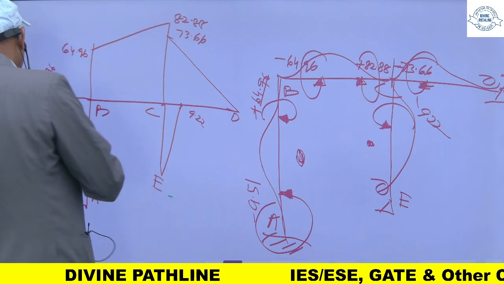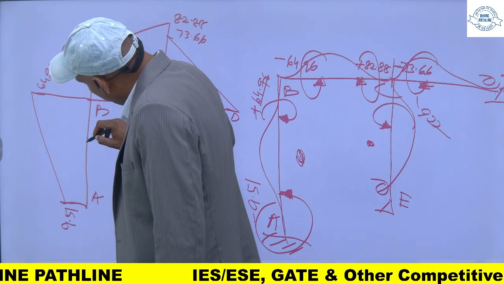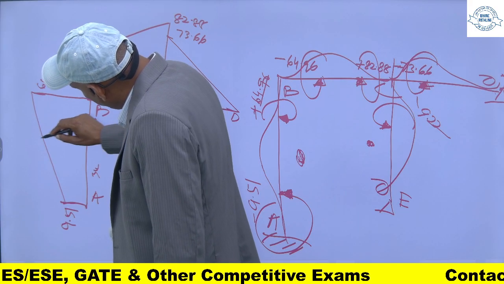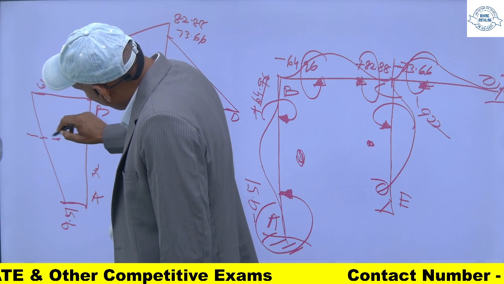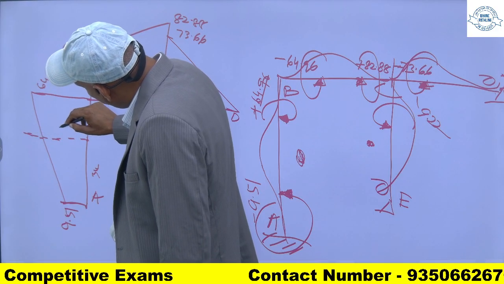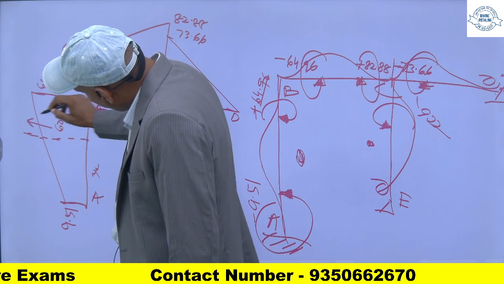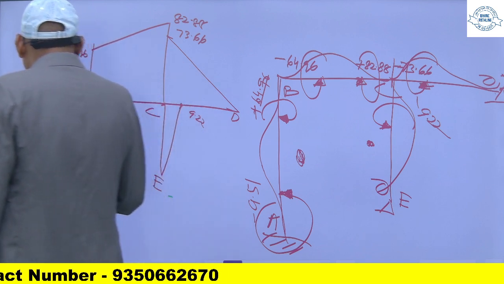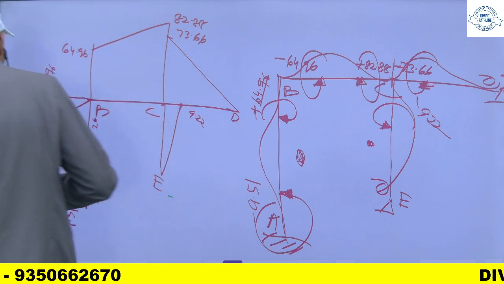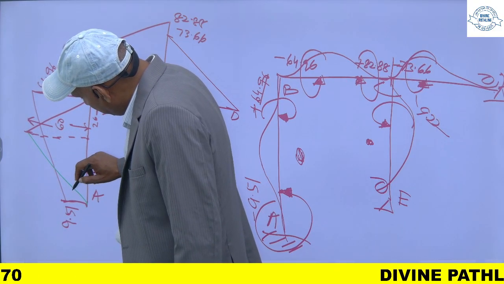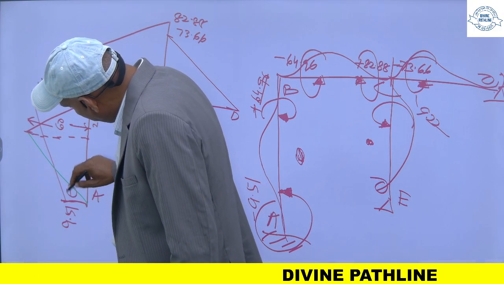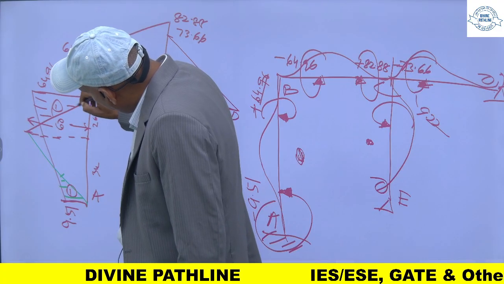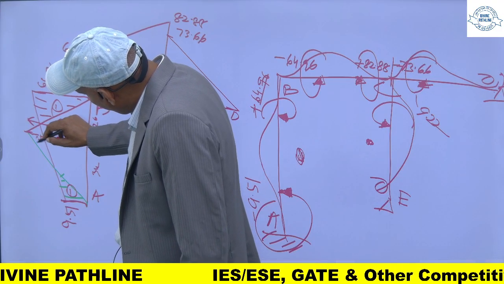So this will be, and at this point this is 2 meter and this one is 3 meter. So at this point it will be, this total is 60, and this is sagging. So now this one is hogging and this one is sagging,